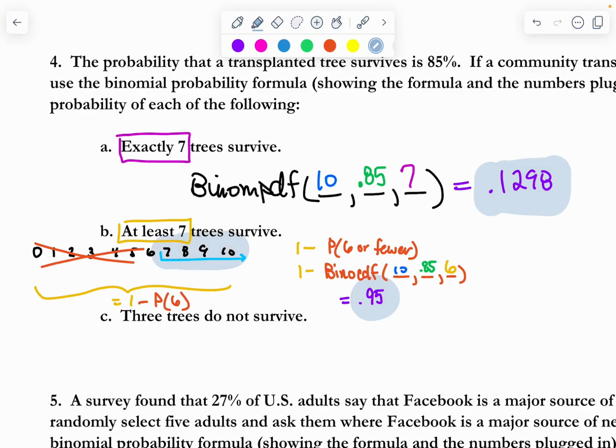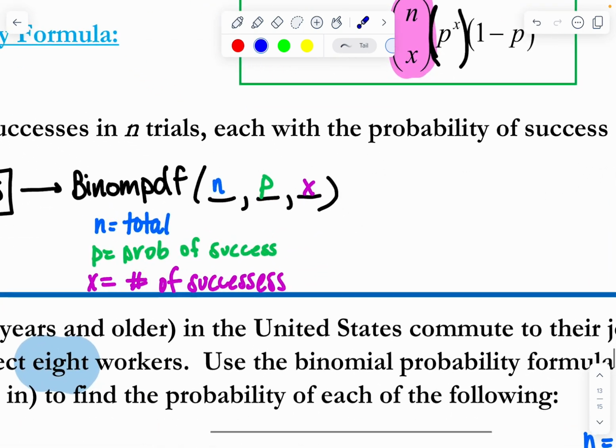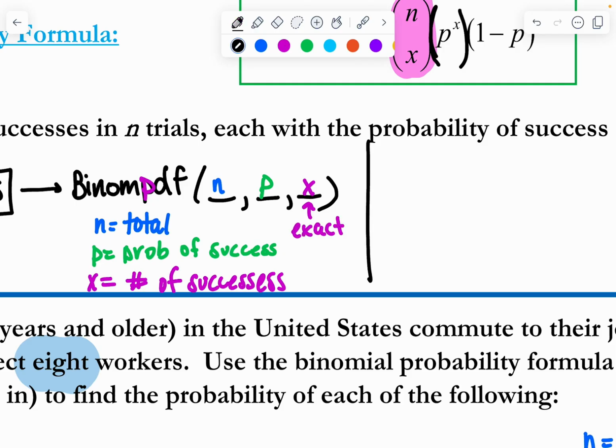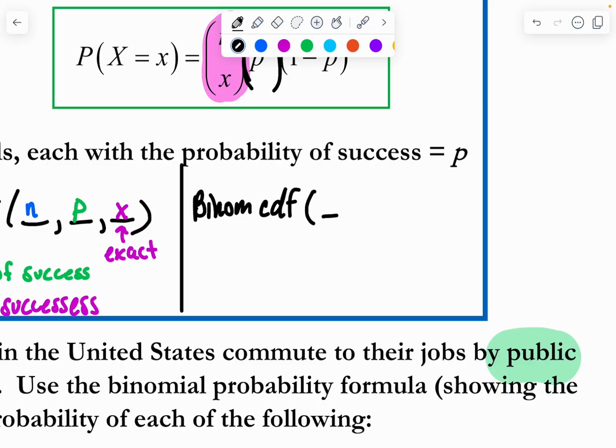So if we took away the probability that we don't want, we were left with the probability that we did want. Okay, so when you do the 6 or fewer, you're going to use the binom CDF. So let's add that to our notes up above here. So the binom PDF is when you have an exact number. The other option is we can use binom CDF, and it's the same 3